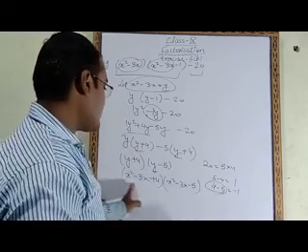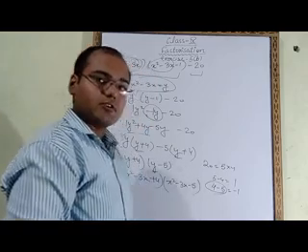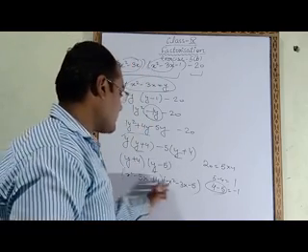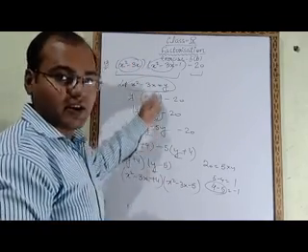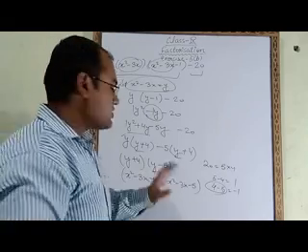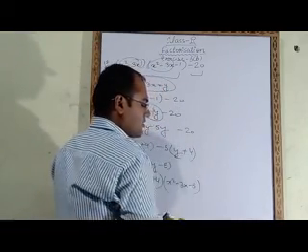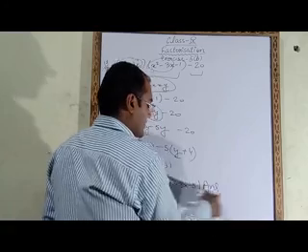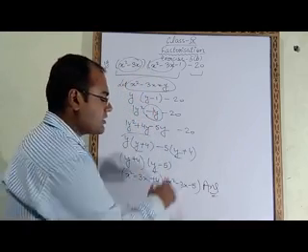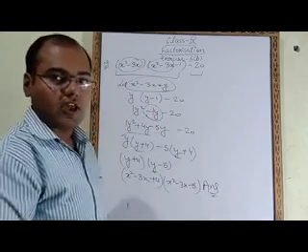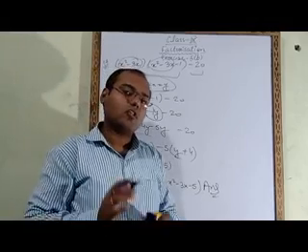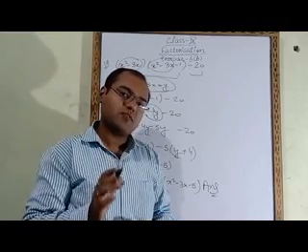Now this is an algebraic expression, this is also an algebraic expression, but when we solve it like this by the factorization method, the answer will not come. So that means this is your final answer, no need to solve further. That means your final answer is x square minus 3x plus 4, x square minus 3x minus 5. So like this you have to do all the remaining parts of this exercise 5B also.